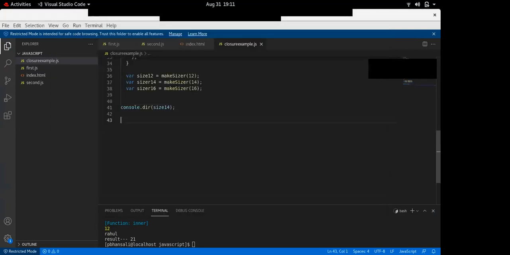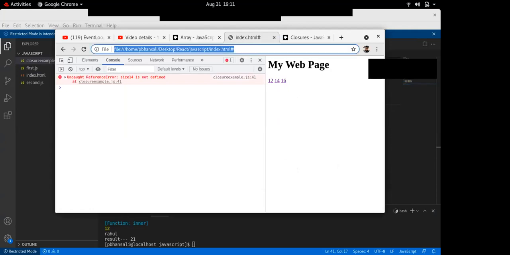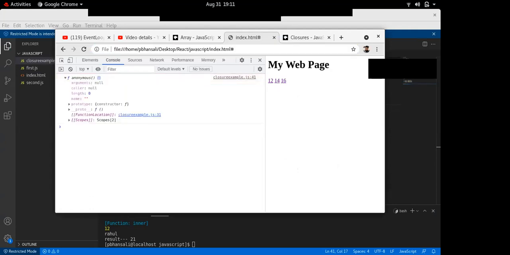Size14 is not defined. Oh, sorry, it is sizer14. Or maybe I can change it to size. So you can see it's a function which is having scopes.